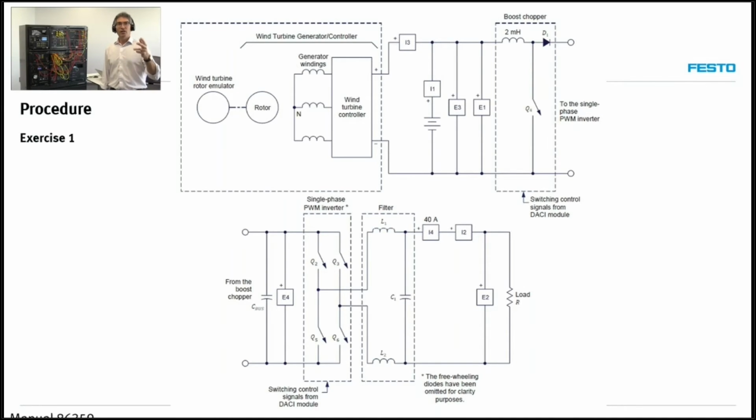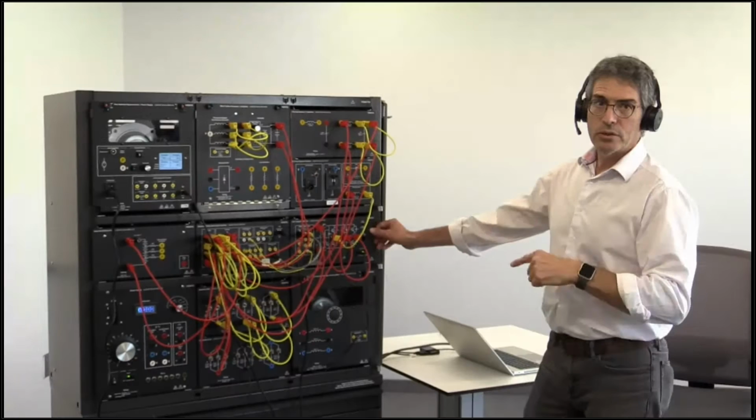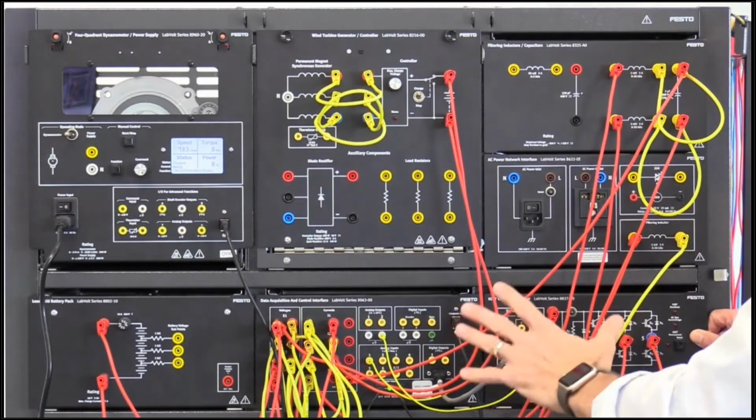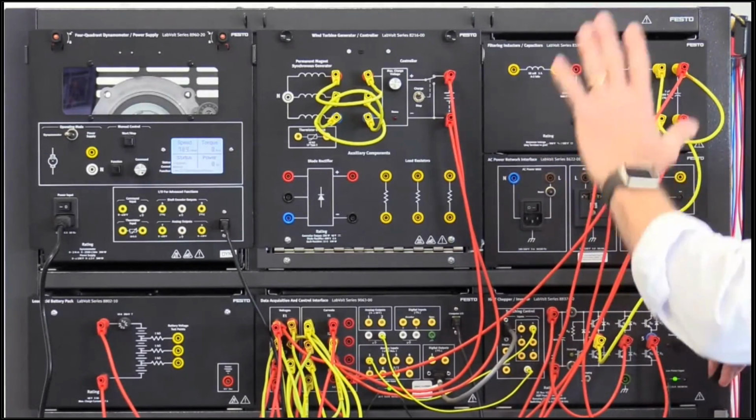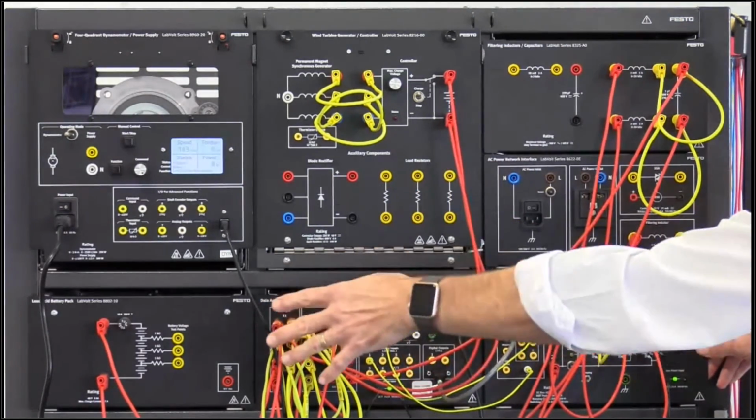And finally, out of this, we go through a filter and the load, which is a simple resistance on the far right, which represents the load that we are powering with the circuit. So yes, just quickly, come back to this closer view. As I was telling you, out of the wind turbine, out of the battery,